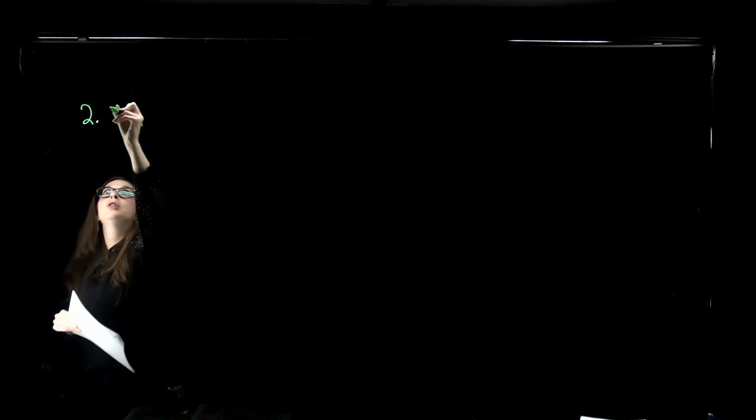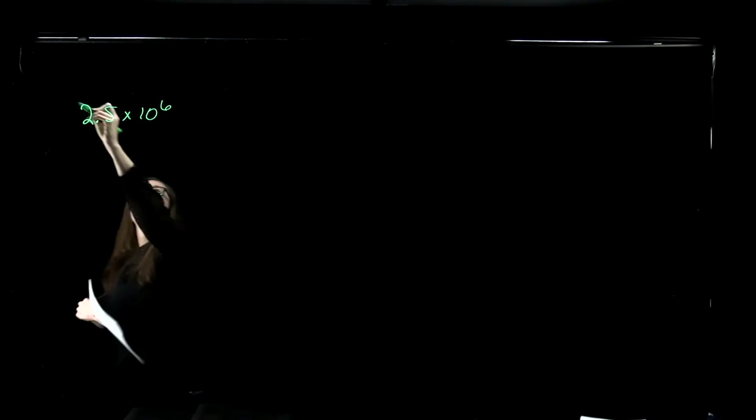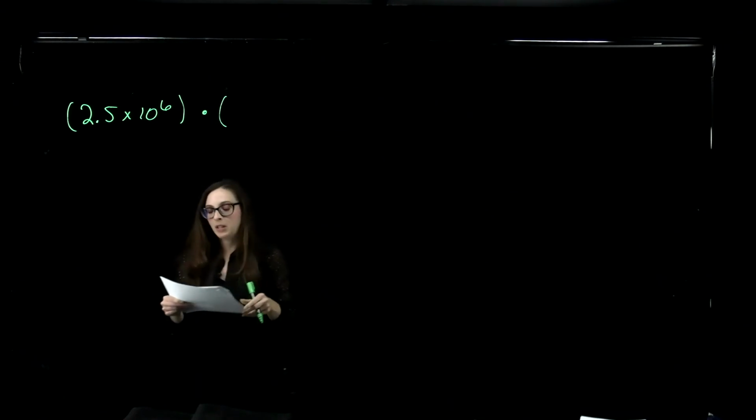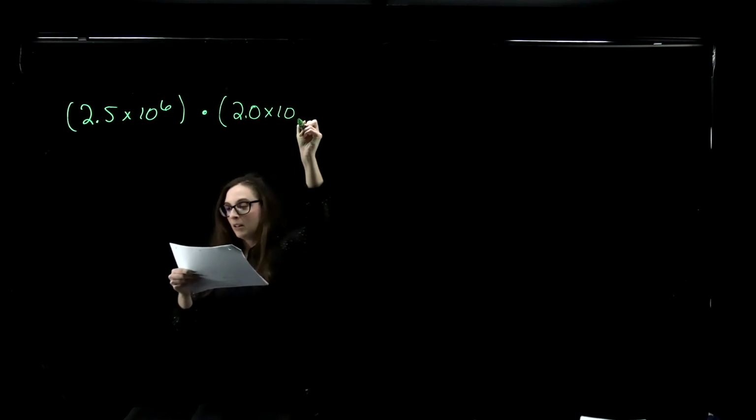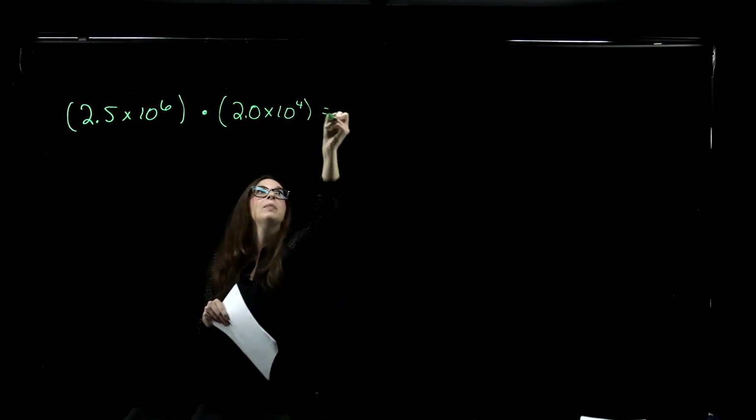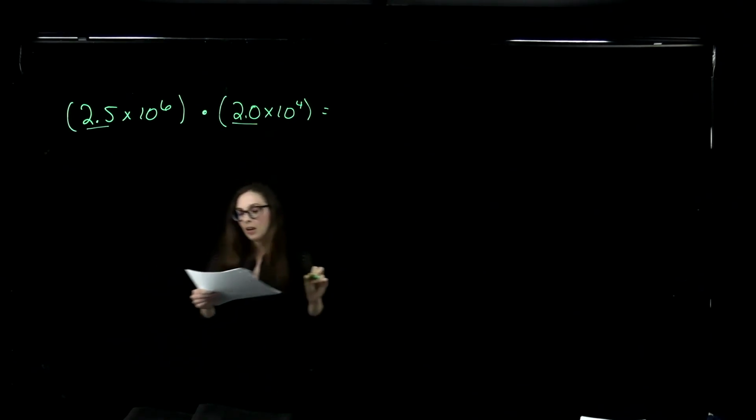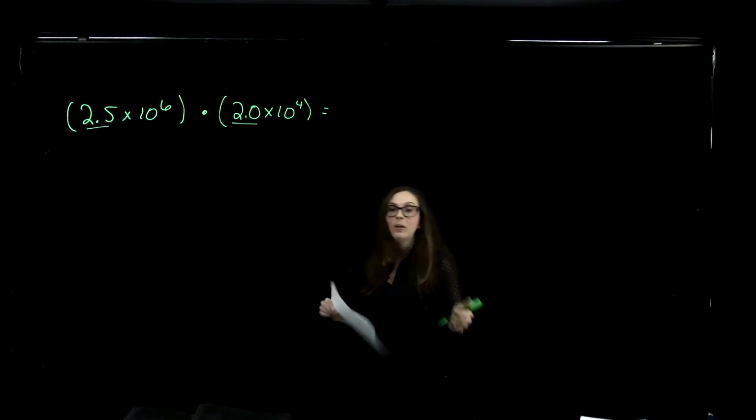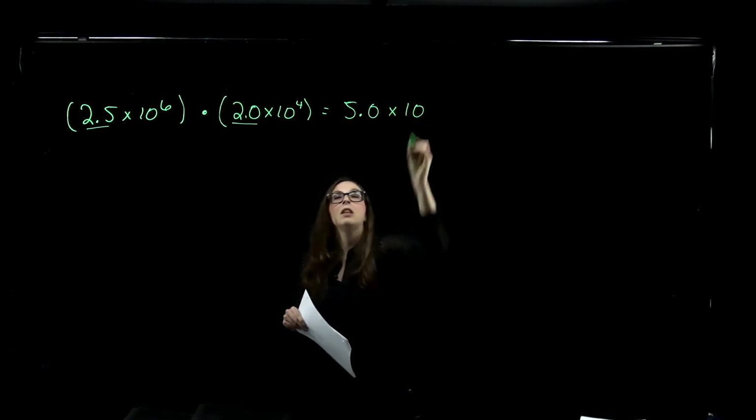and then we add the exponents. So for example, let's say we have two numbers here, 2.5 times 10 to the 6. Okay, I'll put parentheses around it. And we're going to multiply it by, sometimes that little dot means to multiply, 2.0 times 10 to the 4. Okay, and so what we do is we multiply our two coefficients by each other. So you take 2.5 and you multiply it by 2.0, and that gives you 5.0 times 10 to the,